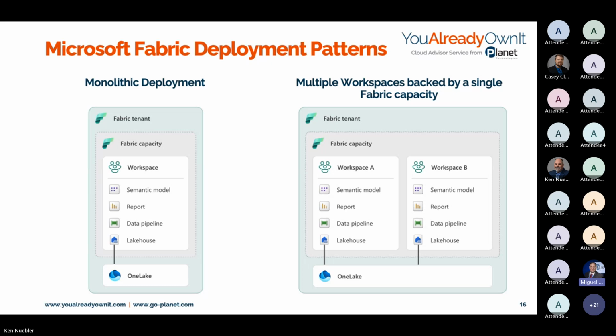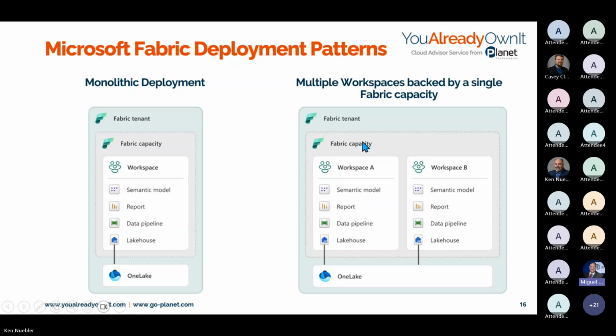Inside that capacity, I have multiple workspaces or a single workspace. And those are all being backed by the OneLake, the Fabric tenant OneLake. So I've made sure this shows the relationship between the Fabric tenant and OneLake, one-to-one, and then a single Fabric capacity that has one or more workspaces in it, okay? And those workspaces can have different experience assets that are associated with the OneLake.